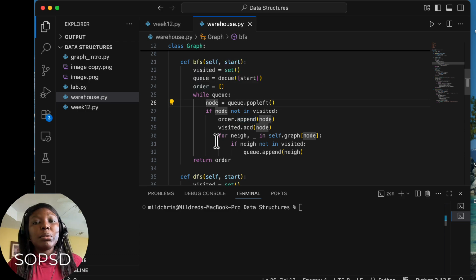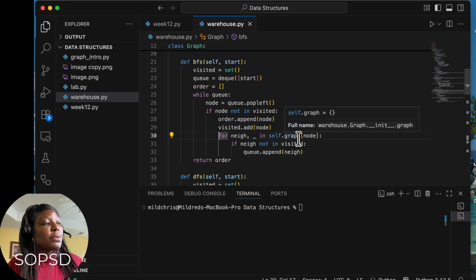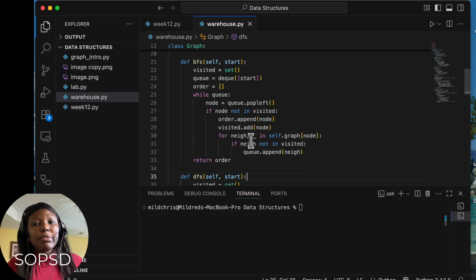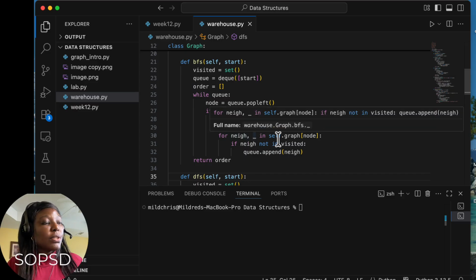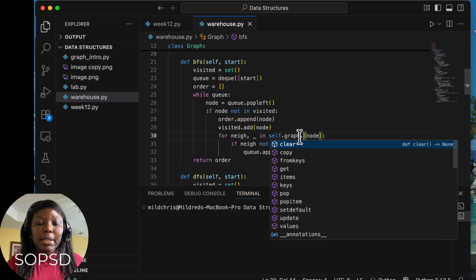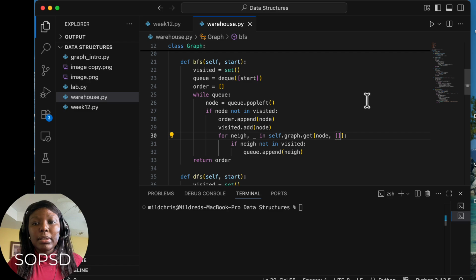Now we can loop through the graph again to be able to see the adjacent vertices. So we'll say for neighbor in self.graph node. Now we want to change this because what we are trying to do here is to get all of those nodes, and we'll get like an empty list of adjacent vertices or things like that. So we'll say for neighbor underscore, just a throwaway variable. You can use i or whatever you want. In self.graph, let's use .get, and we want to get the node and empty list, right? So we get this like that. So if the neighbor is not in visited, we'll append to the queue the neighbor,